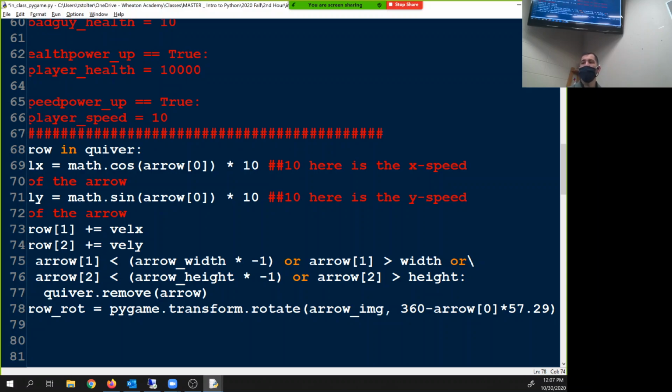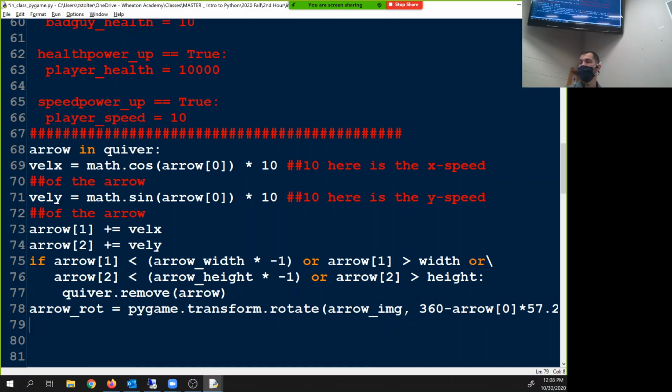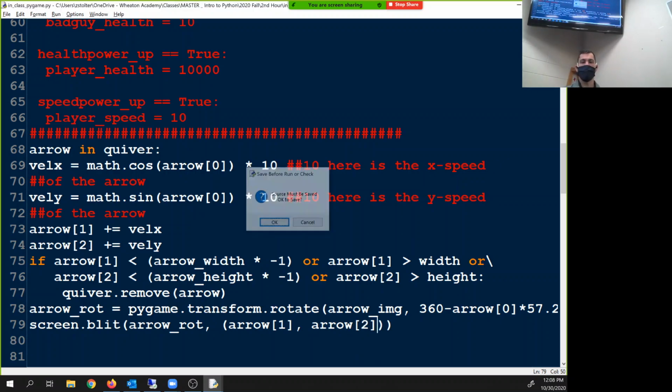Once you have that, you need to blit the arrow. And you guys will get, not an error, you'll get a warning. And I'll explain that warning in a second. So screen dot blit arrow underscore rot. And then we have arrow bracket 1, arrow bracket 2. So now if you run this,